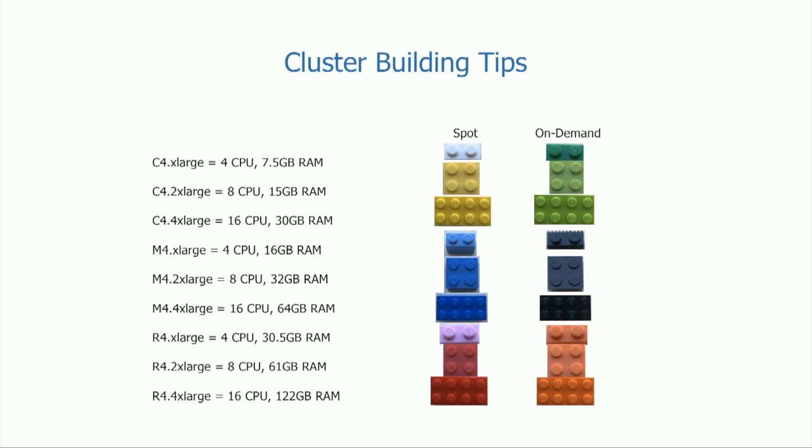For on-demand Rs, we have orange. And this is only because if you've ever gone to a Lego store and tried to find certain primary colors and certain shapes all to match, it's a nightmare. I spent an hour in the store, and I almost went crazy. So I forgive the complex pattern here, but